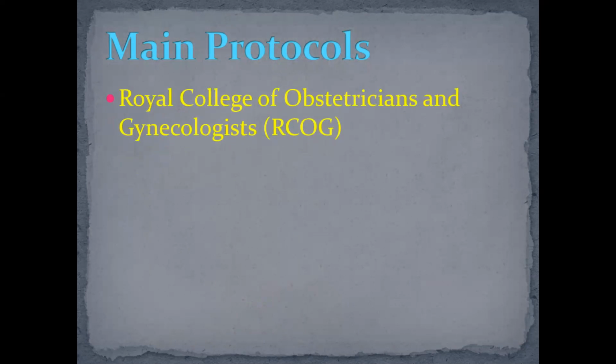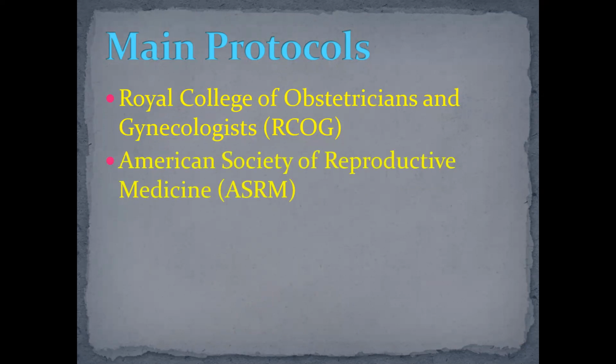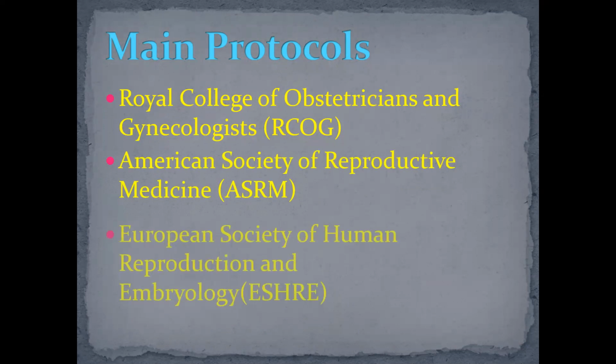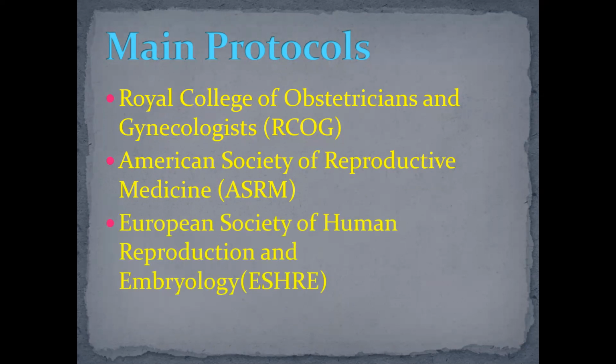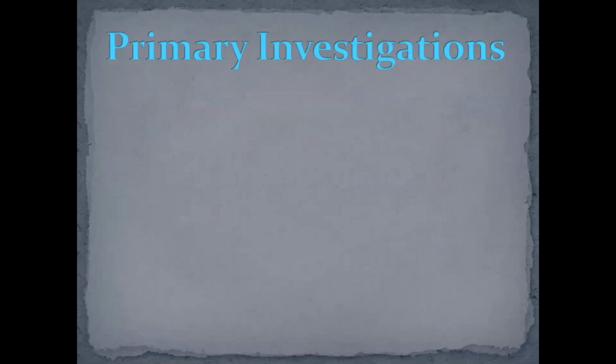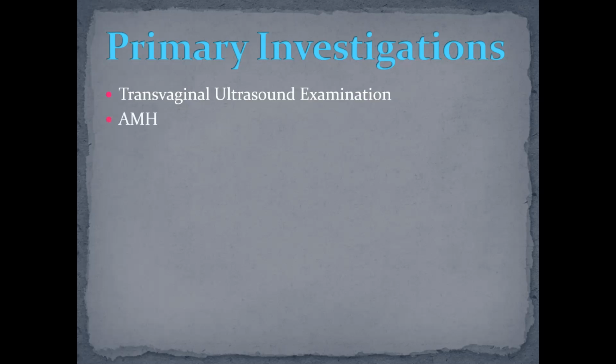What are the main protocols that we use in the diagnosis of infertility? There are several protocols proposed by different organizations, but we use the main protocols proposed by the Royal College of Obstetricians and Gynecologists, the American Society of Reproductive Medicine, and the European Society of Human Reproduction and Embryology. The primary investigation includes transvaginal ultrasound examination,